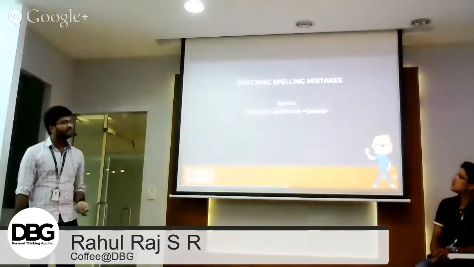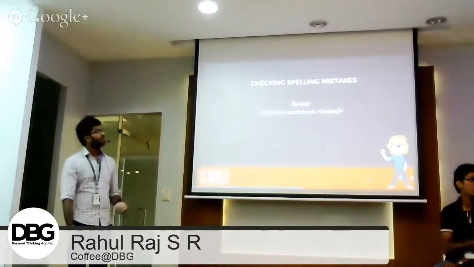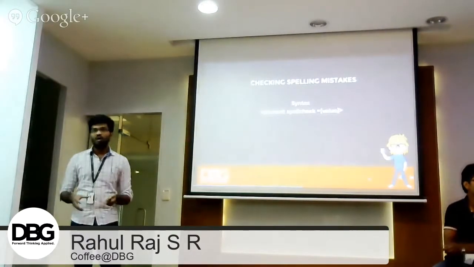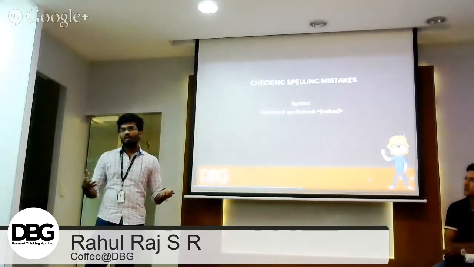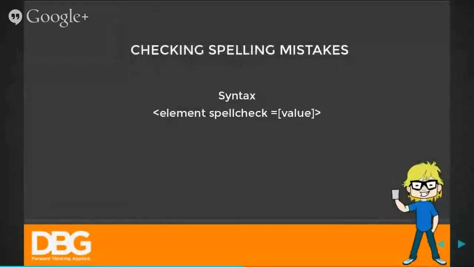Similarly, there is a spell check feature in HTML5 that is similar to word checking. Similar to Microsoft Word, when we type a meaningless word, it will show an underline that this is not in the dictionary, and that feature is also available in HTML5. We just need to specify the value true. If it is an input box or a text area, whenever we type, it will show. In the text area, just set spellcheck true. It will do that dictionary checking.